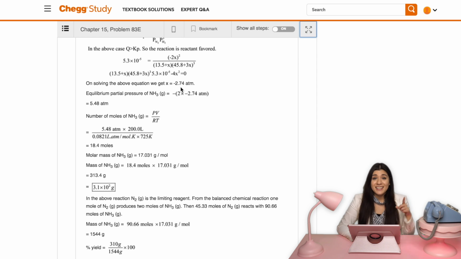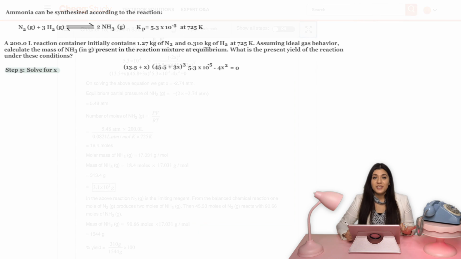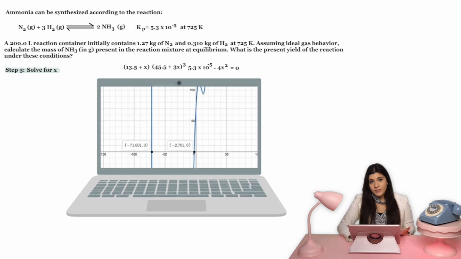So it's not magic, it's math. In this case, what we're actually doing is graphing this, okay? The reason why I'm graphing this is I'm trying to find the x-intercepts. The x-intercepts are the x values. So in this case, if I were to graph this out and I look at where it crosses the x-axis,